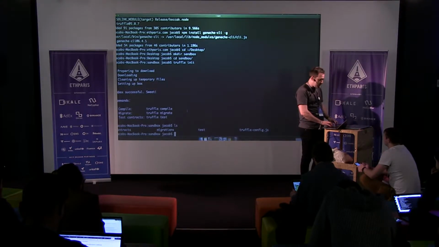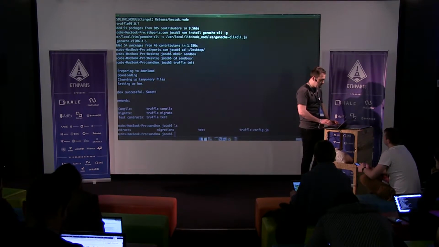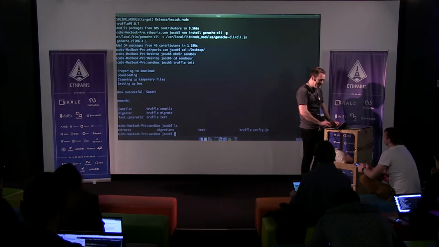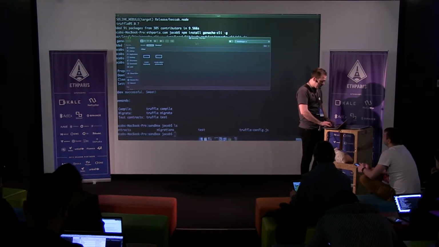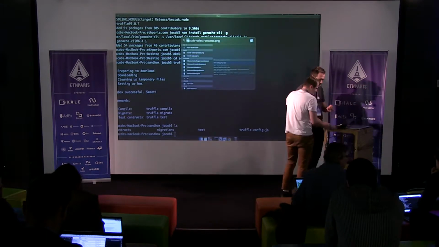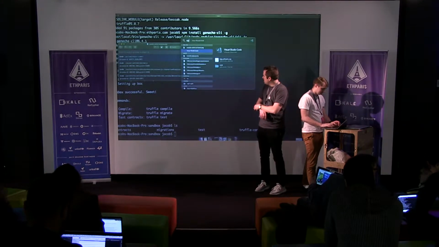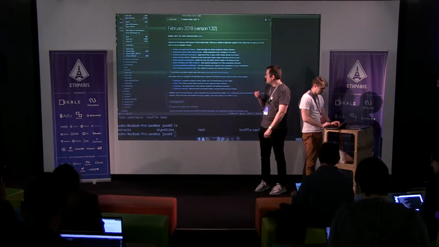In VS Code. Okay. So now we're going to make edits to our truffle-config.js, and that just tells us